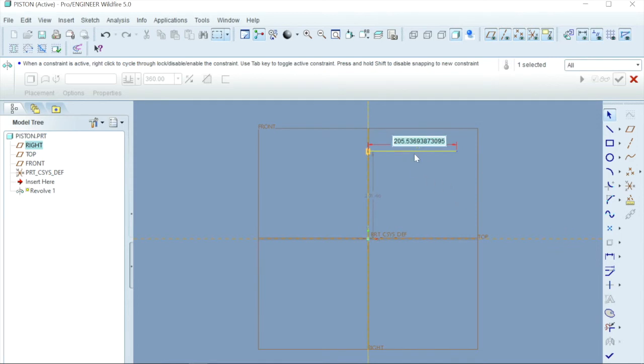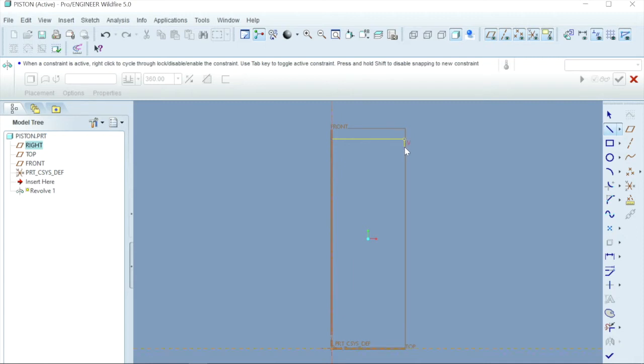For the dimension, just double click here, it will give you the dimensioning, 70. So according to your parameter you need to enter the dimension. Again here, as you know, there are three rings on top of the piston, so we need to create three rings here. So just see carefully. It's a very easy and very convenient process. You can easily make it. Okay, and this is the benefit of Creo software.